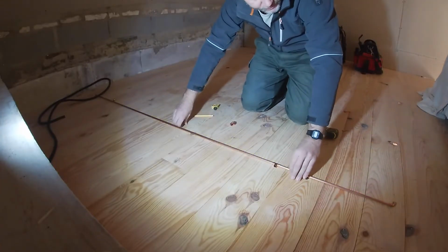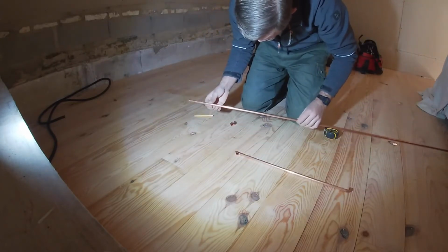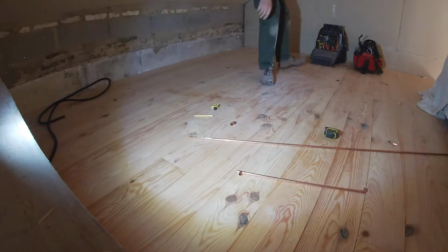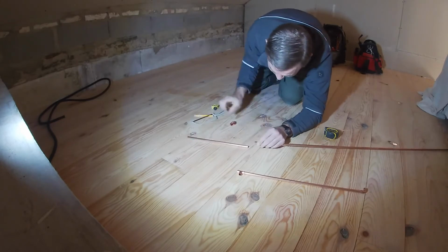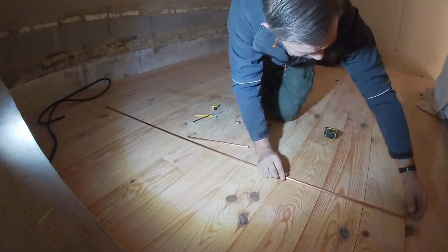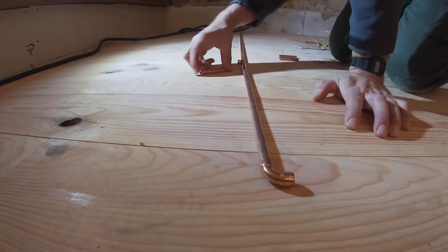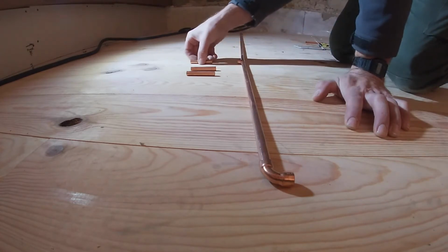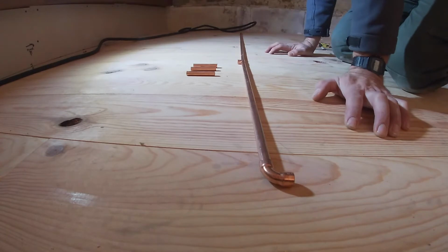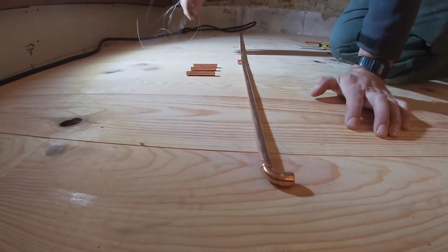So what I'm going to do is cut this. Find our mark. Just there. Right, I've cut 3 little bits of copper, 1 in each end, and then 1 to go up the middle. But we need a way of getting the cable down once we've soldered this all up, because feeding it down and getting it around these corners is going to be impossible. So what we've got is a bit of